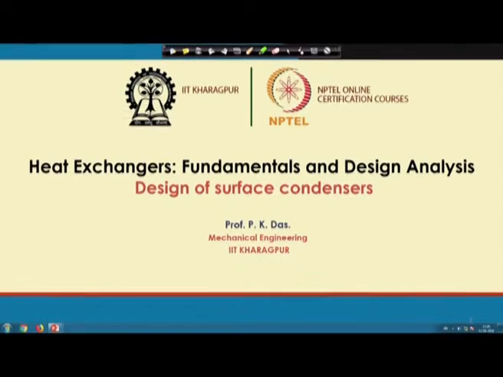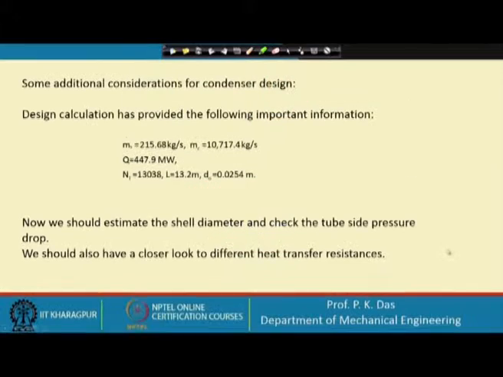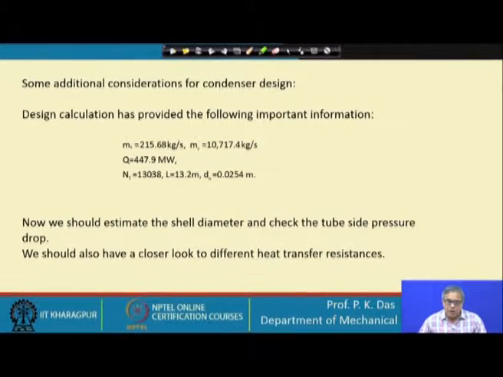So, if you recall, we have done these calculations and certain important design quantities we have obtained. We have got the mass flow rate of steam, we have got the mass flow rate of coolant, we have got the total amount of heat transfer, we have got the number of tubes and the length of the tube. This we did not get through calculation, this we have assumed that outside diameter of the tube